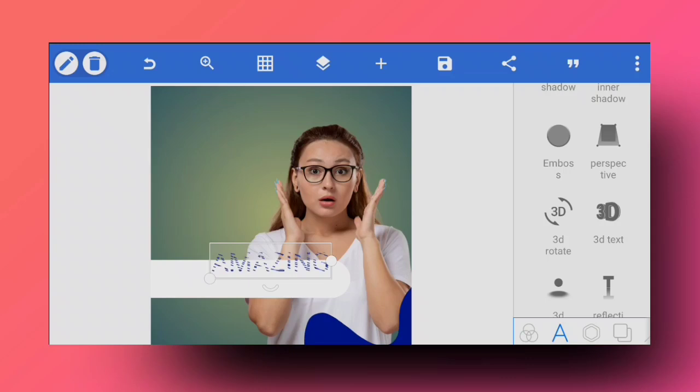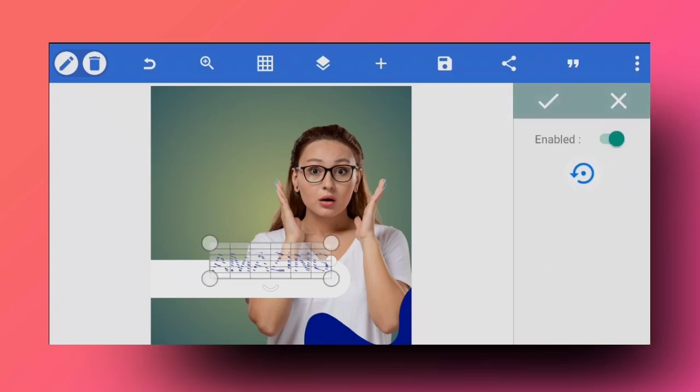I hope they update it with the next version, and let's hope that they do it as soon as possible. Moving on, we got perspective. Now this is also something like a next level effect, and if you are a Pixel Lab beginner and you're just trying out this function, it makes the text look like it has been shifted to its angles, and it is also kind of a 3D effect that you can give, and this is how you can control it.